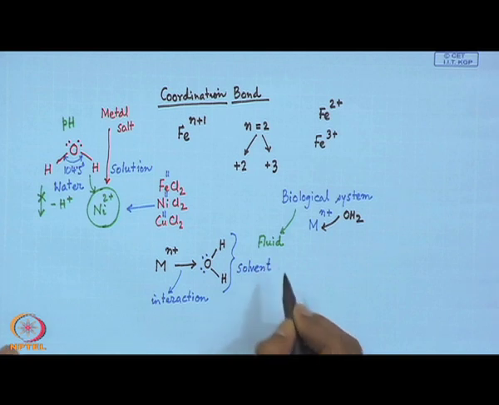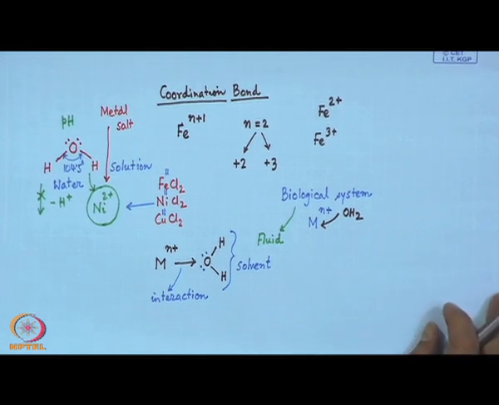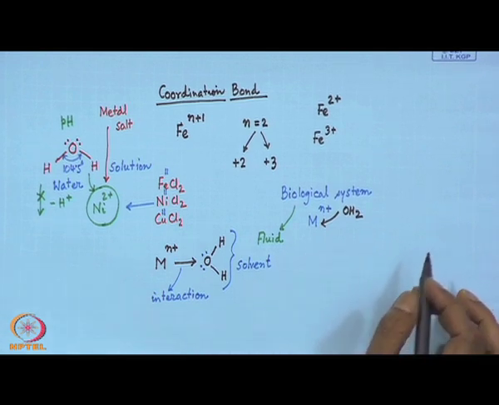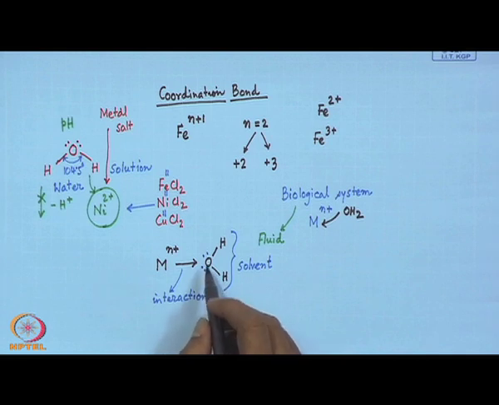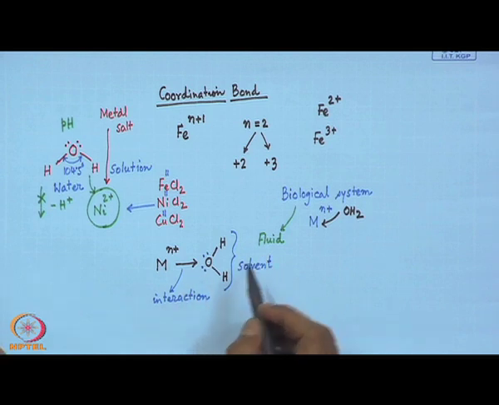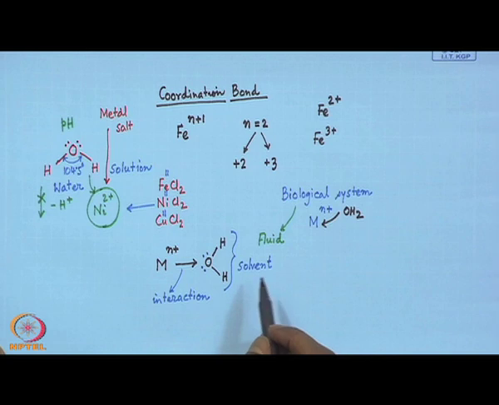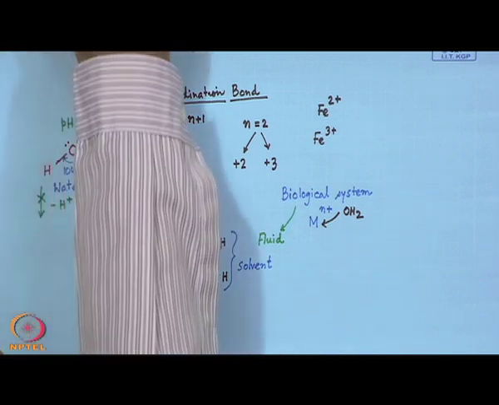We can go from one solvent to the other, that means we can go from water molecule to alcohol, from alcohol to acetone, and from alcohol to acetonitrile. So, if we can fully understand what type of interaction the metal center can give with our water molecule, then only we can extend further the interactions possible with